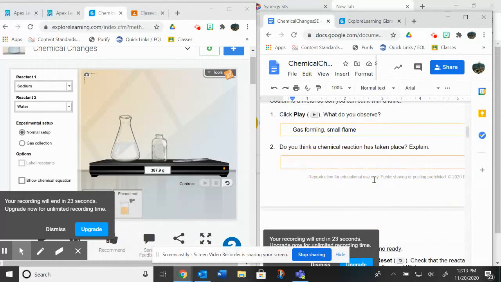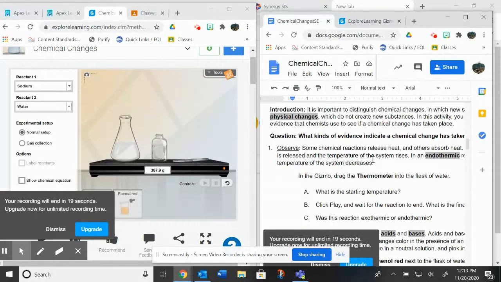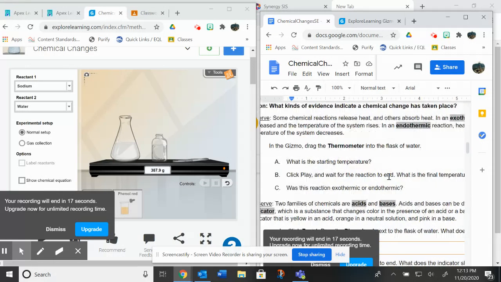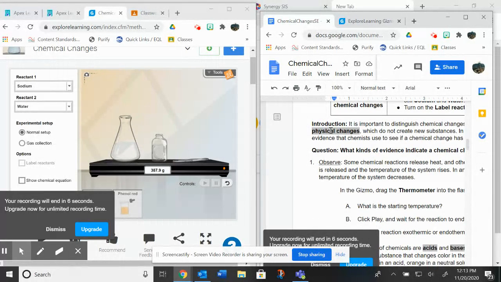It tells you what to do. You change the simulation around and then answer the questions of what the observation was. It will help if you split your screen, right? And then you just submit this when you've finished it. So 5.1 and this gizmo, and hopefully see you guys in a couple